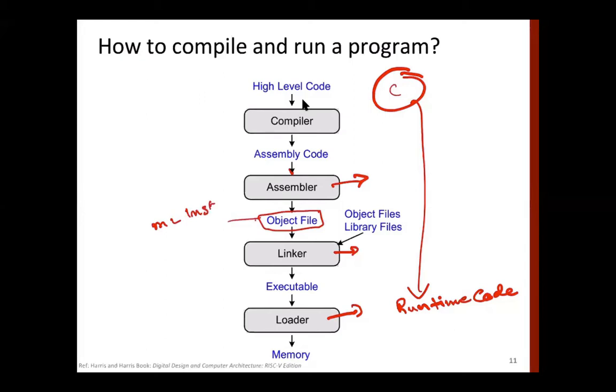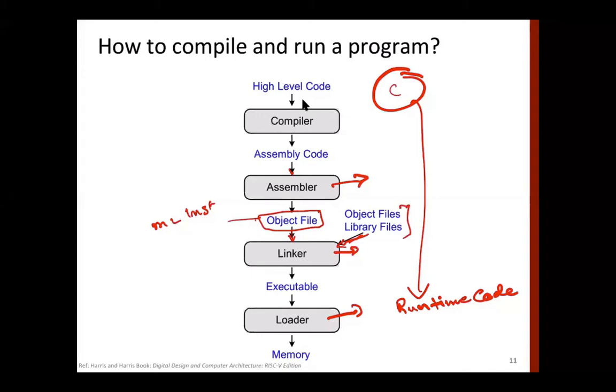Now the program may be using various libraries, which are developed for a language. For example, when you are running a C program, there might be the standard input output library or some other library. The object files of all those are brought in and combined with the object program. The output of the assembler is combined with object files or library files, and these are all in machine instructions.